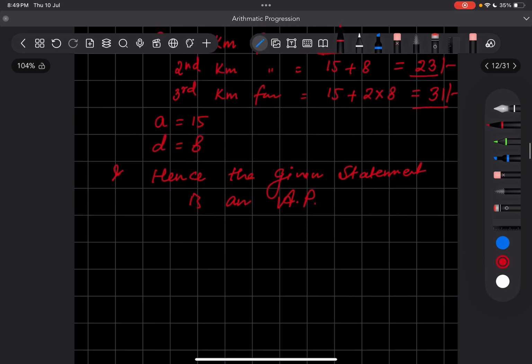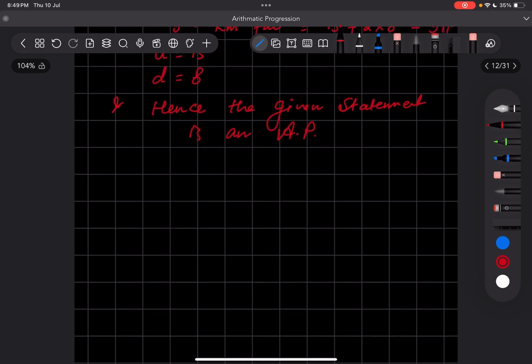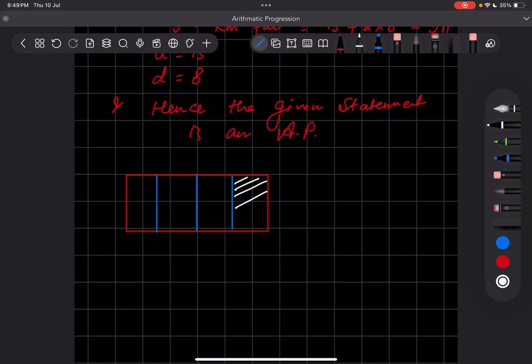Now, you can understand it like this: suppose this is the cylinder, and let us first divide the cylinder into 4 equal parts. 1, 2, 3 and 4. So there are 4 equal parts, and suppose a pump is removing 1 by